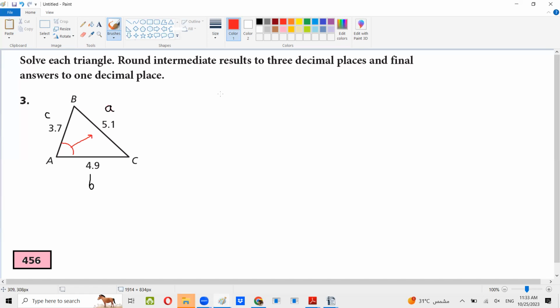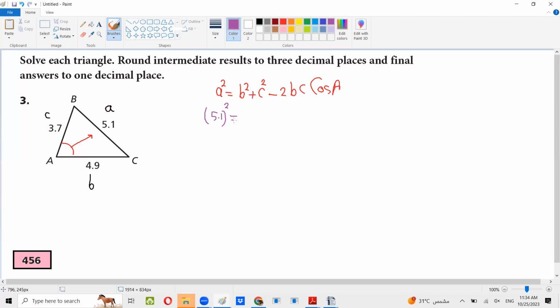A power 2 is equal to B power 2 plus C power 2 minus 2BC cosine the angle. Write the rule. And this is missing. Substitute. A is 5.1, power 2 equals